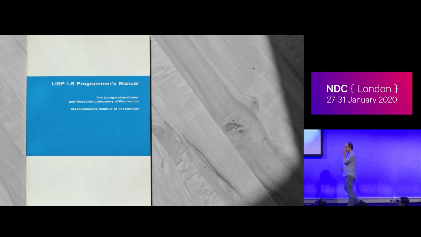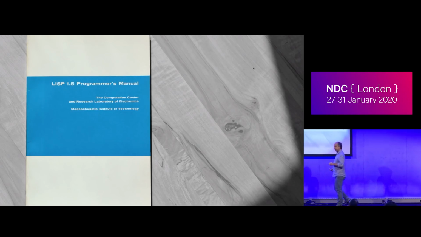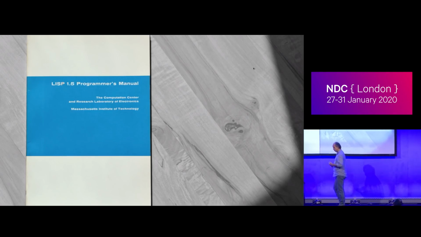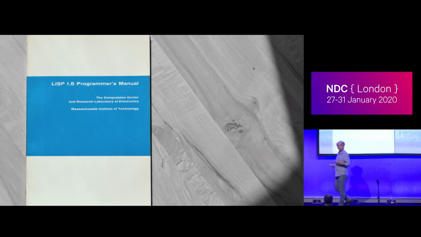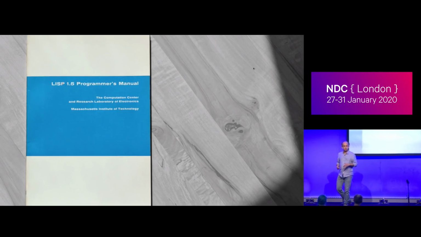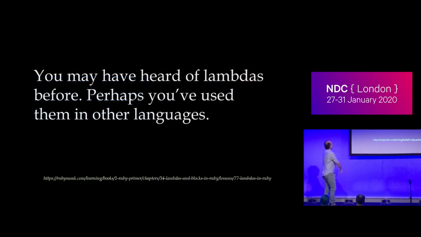The first implementation of Lisp was 1960, and it was pretty much based on lambda calculus. And lambdas were a feature in the language. And this was kind of the first time this made its way into computing. And these days, I just did some Googling around the other day, and there's this Ruby